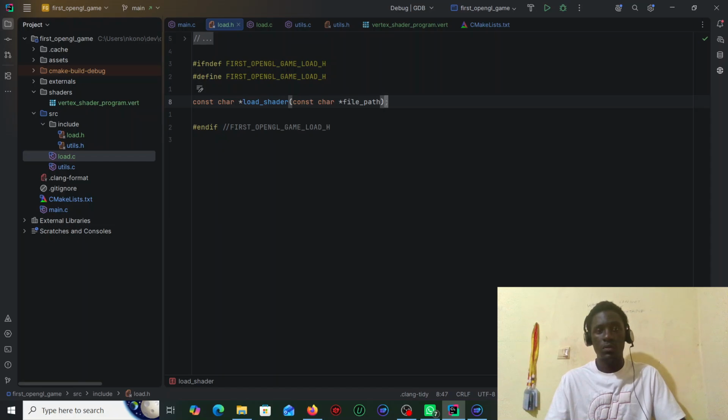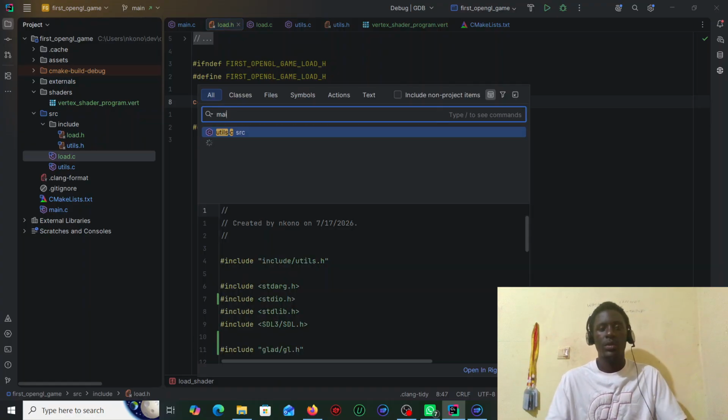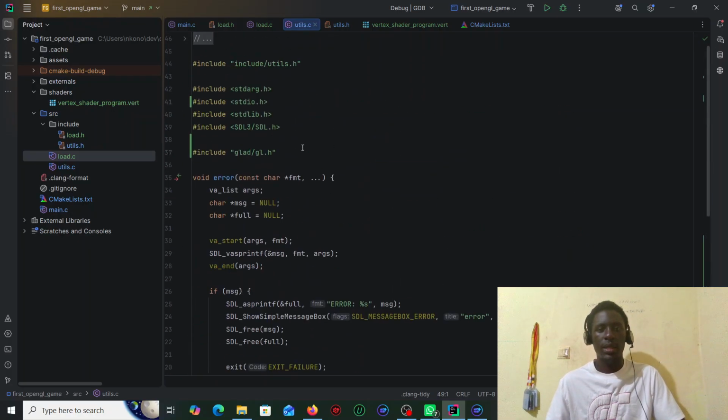It's going to load our shader and return the value, so that in main here,